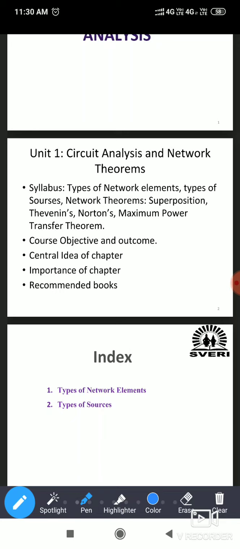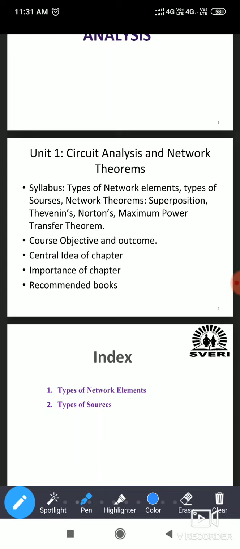Next, what do we mean by the title? The title of the subject is circuit analysis and network theorems. Circuit analysis means whatever prerequisites we learned, that is voltage division, current division, KVL, KCL, nodal analysis, mesh analysis; all of that comes under circuit analysis methods to find out the parameters, voltage and current. And network theorems are only 4. Actually, there are many network theorems, but for the Solapur University syllabus, or for your syllabus, it will be only 4: superposition theorem, Thevenin's theorem, Norton's theorem, and maximum power transfer theorem.